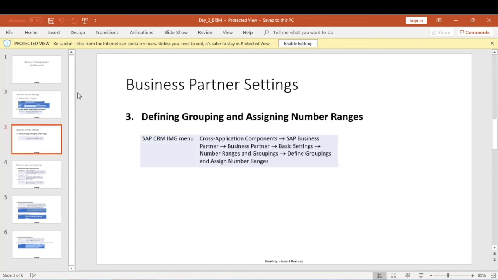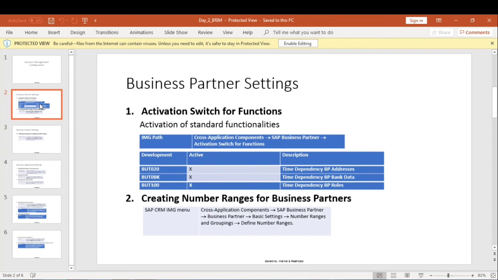Is there any T-code, madam, for number ranges here in CRM? Going through SPRO configuration. Now there is no T-code. Like in SD, T-codes are there, no, madam? Yes, there might be T-codes, but usually we go through SPRO. That is the configuration, right? Yes, madam. This is not a transaction we are creating. This is the configuration, so SPRO. Okay, okay, okay.